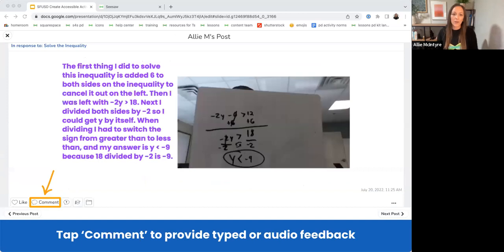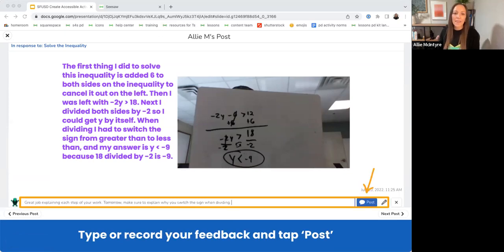So when I tap into it, this is what's going to happen. It's going to open up so that I can review it and leave typed and or audio feedback for the student. So I'm going to click right here where it says comment. And then I can either type my feedback like we see here, or tap the microphone right here to record your voice.